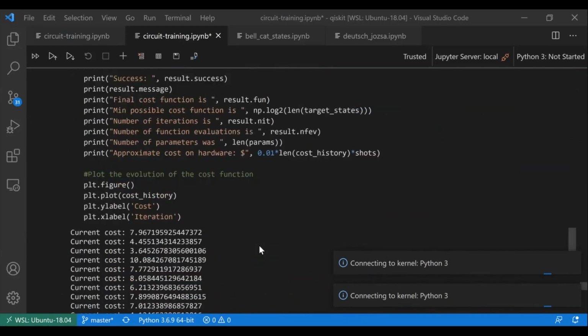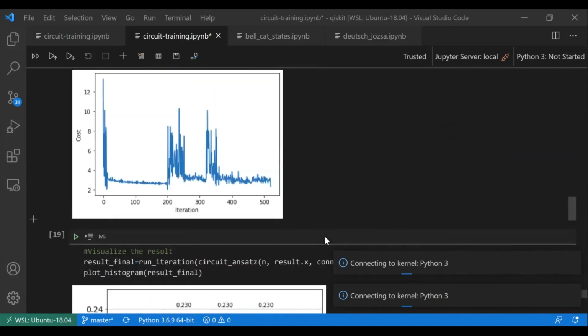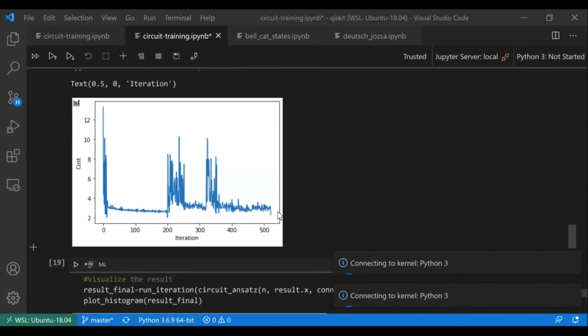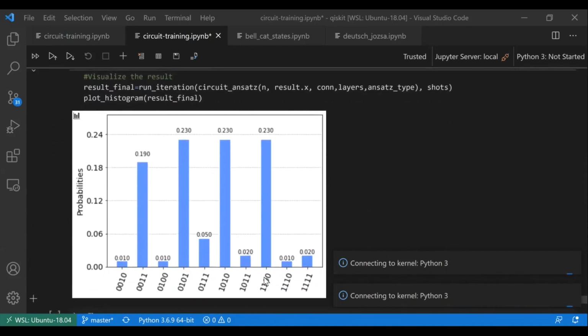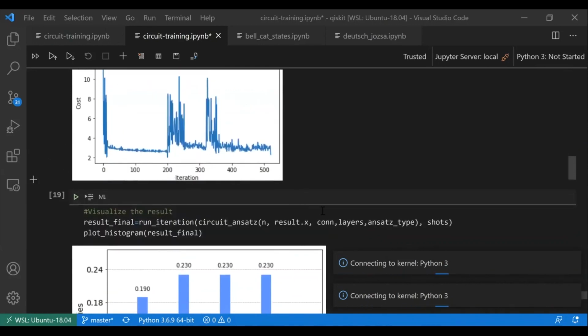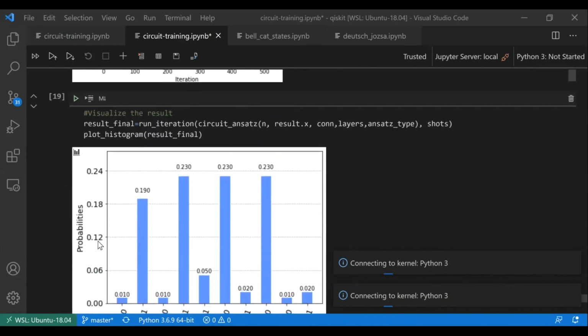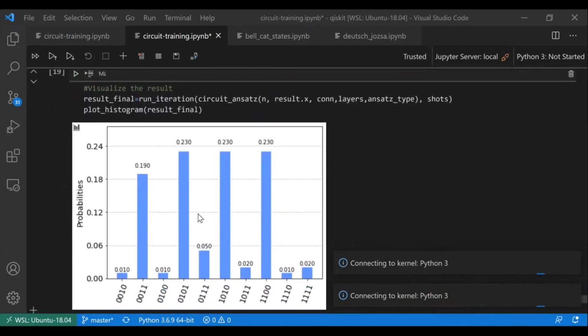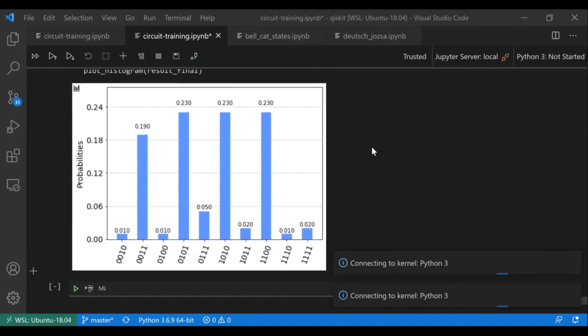So when you run that, the convergence is going to look much noisier. And over here, I've also plotted, if you finish the optimization on the actual QPU backend, what the output probability distribution from there looks like. You can see it's much noisier, but it does give the target states with a high probability. I know this was really complicated, a much bigger step up than the last one, in which we just made Bell states. But I hope people at least got a flavor of what it's like to run a hybrid algorithm on the